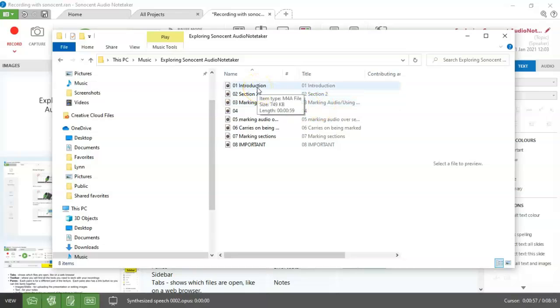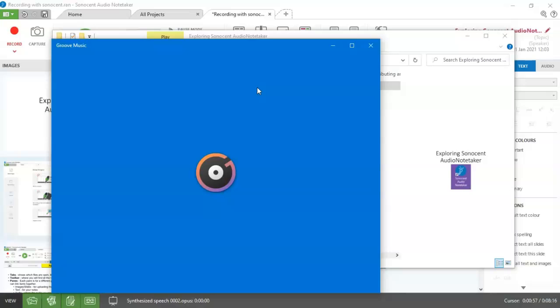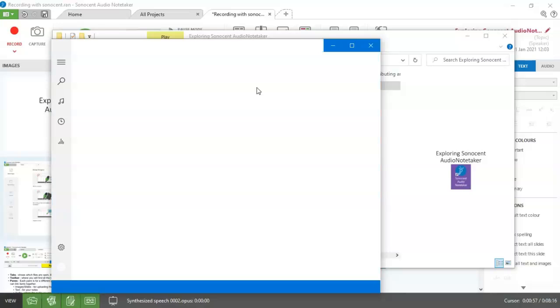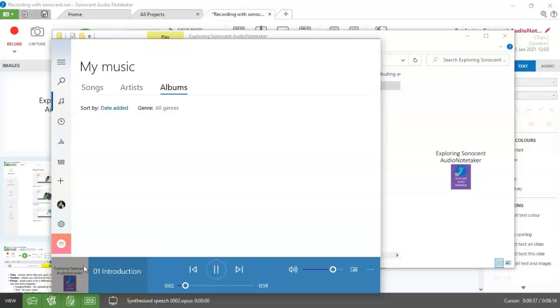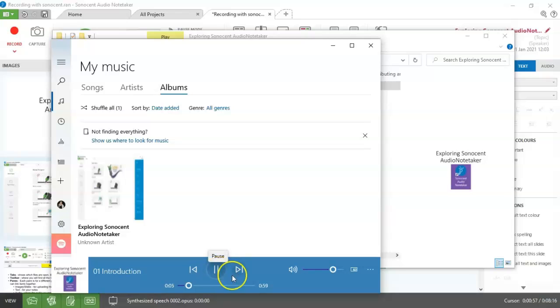So I'm now going to open up this first one, and it's going to open up with Groove Music. You'll find that it's usually that or Windows Media Player, and you can see already that the slide is appearing down there. Sonocent Audio Notetaker. So that is going to record from the microphone. Introduction. There we go. There was her, there was me, and there was her again because of what I did with exporting the text as audio. It looks very, very small, the slide,